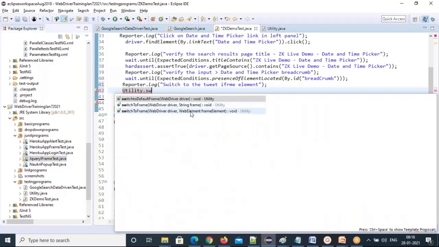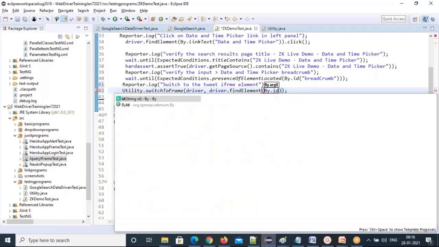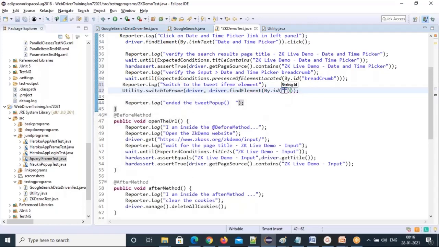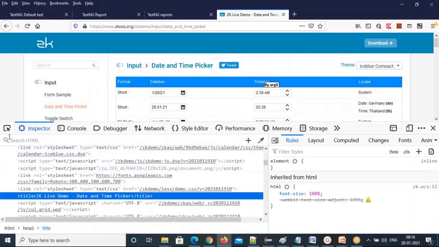See, you can pass a web element. This one I'm taking. So I passed the driver, the current driver, and I need to pass the frame element. So driver dot find element by dot id, you just have to pass the id. Go here and check this.